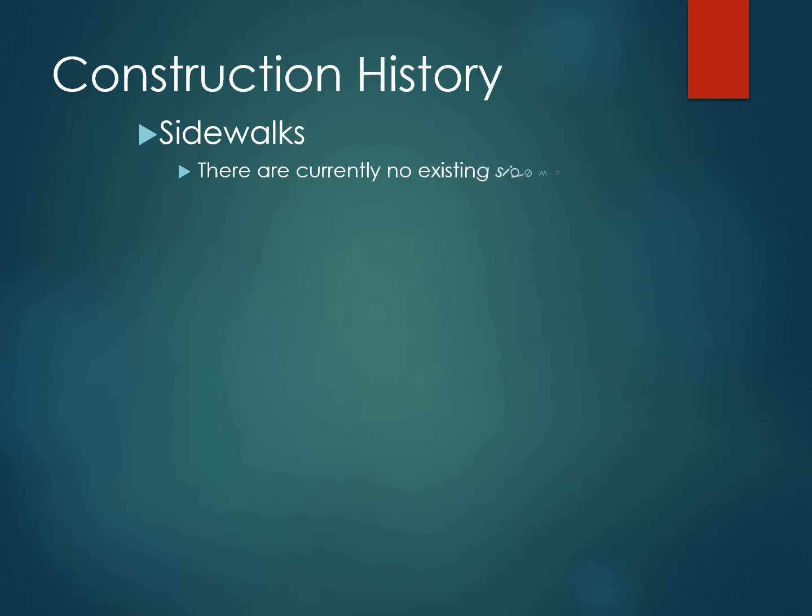First, we would like to talk about construction history. As you know, there are no sidewalks in this area currently, so there is really no construction history for this project. The proposed project is to provide a safe route for people to walk or bike on from 3rd Avenue Northeast east all the way to Wiley Avenue to where they can get on the sidewalks along Wiley Avenue.